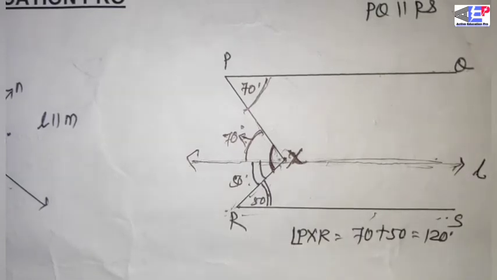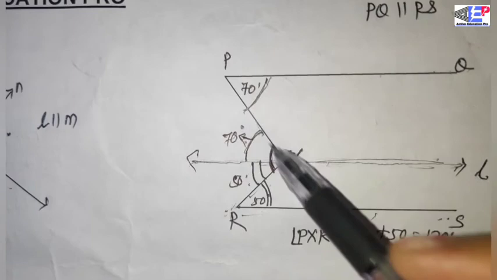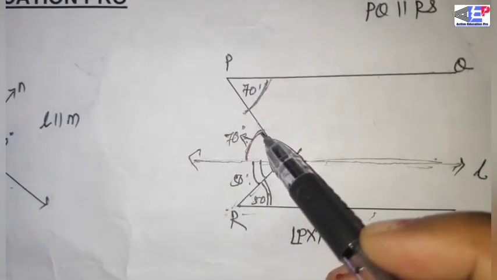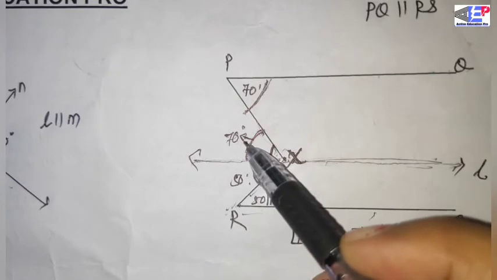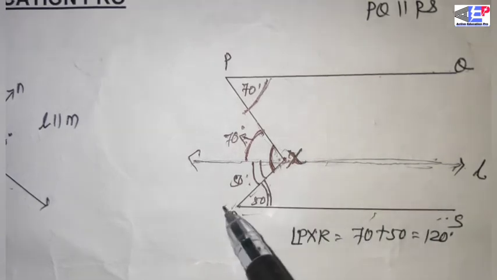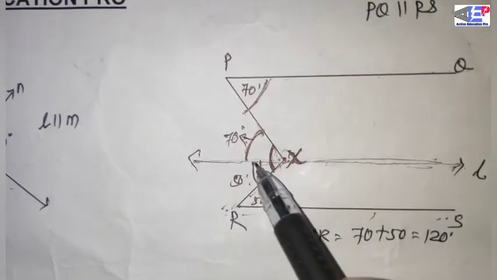Here I draw another line L parallel to both PQ and RS. So PQ is parallel to L and PX is a transversal. So here this angle and this angle are alternate interior angles. So this value is 70 degrees according to our question. Similarly, line L is parallel to line segment RS and XR is a transversal line. This angle is equal to this angle